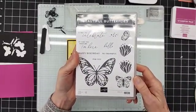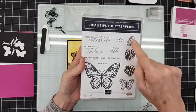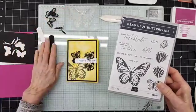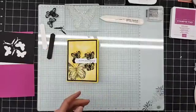So here's a picture of the stamp set here. And like I said, it comes with dies that cut out all of these things. And then there's two label dies, one of which we're going to use today. It also has